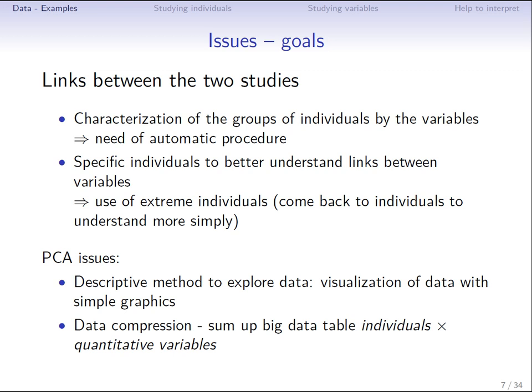So the issue of PCA is to explore and to describe the data. We can visualize the data with simple graphics, and the visualization of the data table gives a synthesis, a summary of the data table. So we synthesize the information contained in a data table by viewing it.